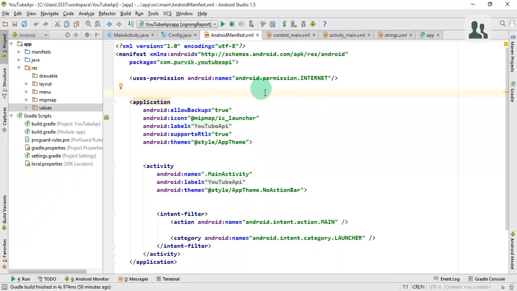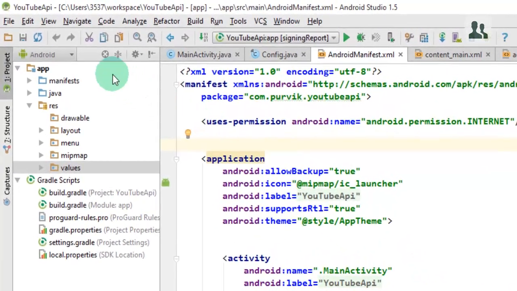Now next, you have to download the YouTube API from the appropriate page and just unzip that folder in a specific place on your computer. Then you have to copy that jar file inside this package folder.